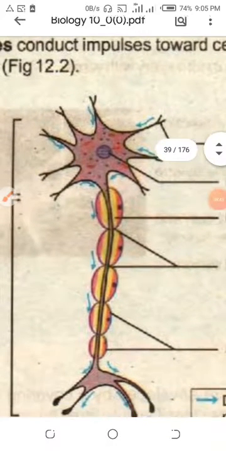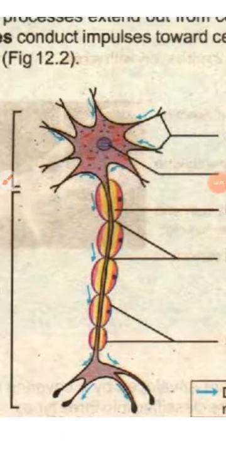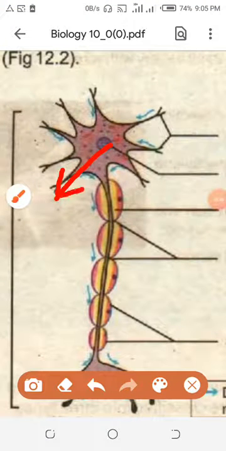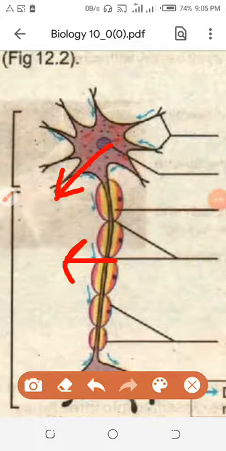I am labeling the very important part of the neuron, that is the cell. So the cell body, and this is the fiber which is very lengthy. Fibers which are lengthwise long, these are the fibers. This is called the axon. You can write the spelling. I can dictate it, AXON, axon.